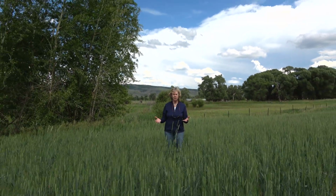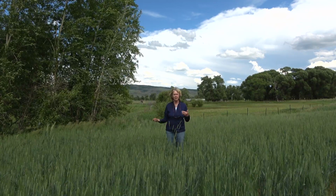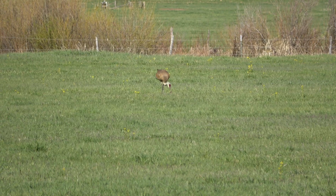We're standing here in the middle of a wheat field on the Yampavian Ranch, which is part of the Crops for Cranes program. And this wheat field, I believe, was instrumental in bringing in some cranes that ended up nesting here on the property. They arrived here in March, and I would see them feeding in the field every morning and every evening. And then one day,